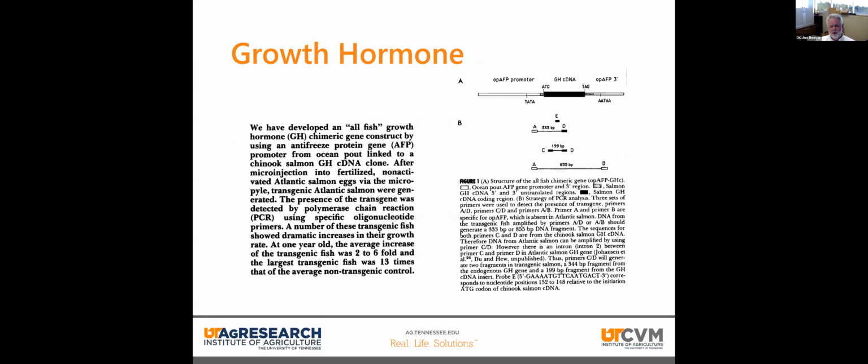This was an example of a true transgenic animal. What they did is they made a DNA molecule. We call that a construct. And that DNA molecule contains several different segments of DNA. One of those segments is this. I don't know if you can see this in the figure here under A. You have something labeled OP-AFP promoter. That is a DNA sequence that was derived from an ocean pout, which is a species of fish that grows in very, very, very cold waters. And that particular promoter is active when